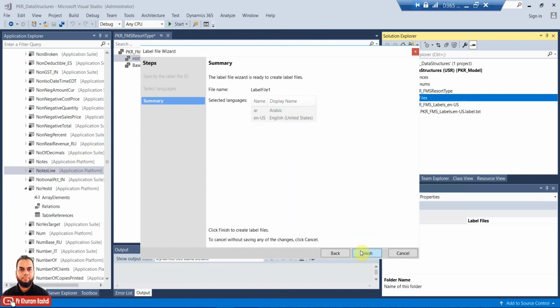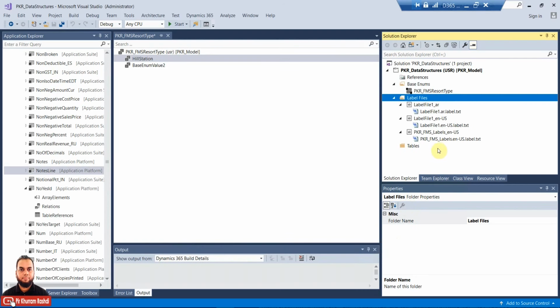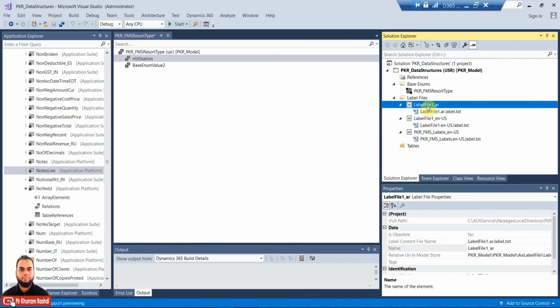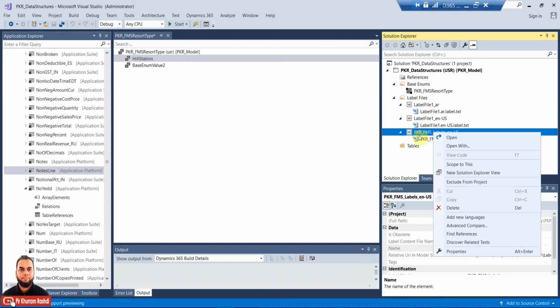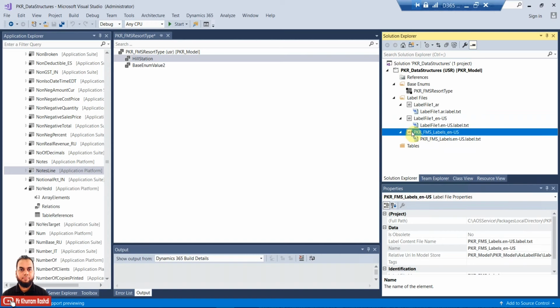And if I go ahead and finish it, you can see the same name is given here, but only after an underscore the suffix of the language abbreviation is appended. So in this way, the same label file can have labels of different languages. So let me now create the label for my base enum.